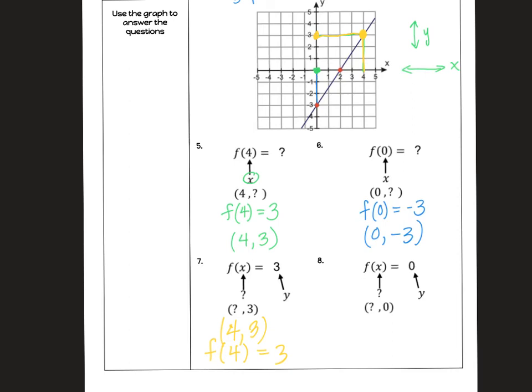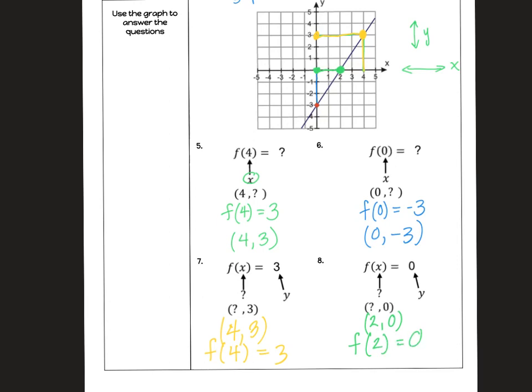We're looking for our x, and our x-axis goes from left to right. And so it looks like the function is over here to the right at positive 2. So when x equals 2, y equals 0, and so we can go ahead and fill in f of 2